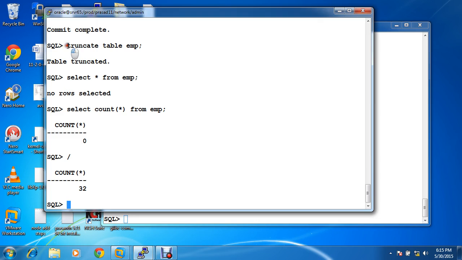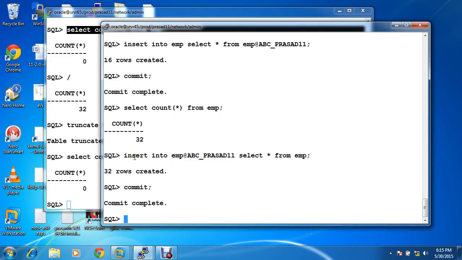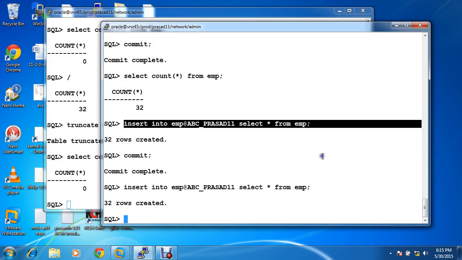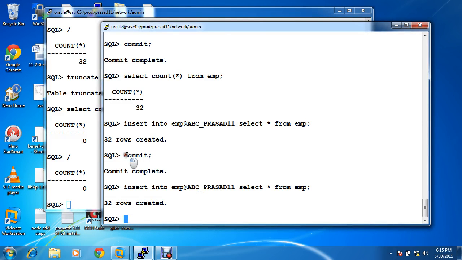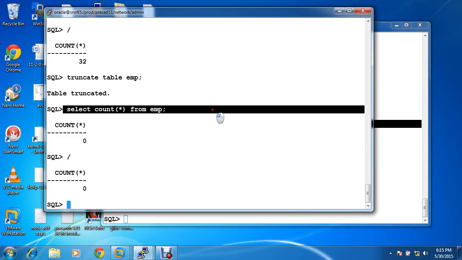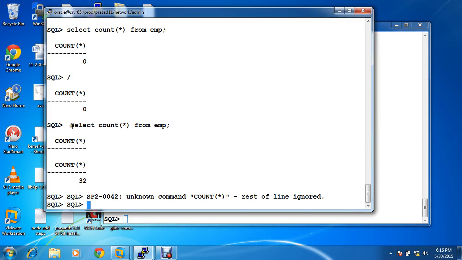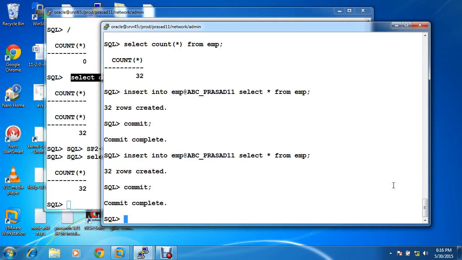You can see again, truncate table, no records. Insert into. Until you commit, it will not show you. Yes, once you commit, the commit will happen here. So you can push data,